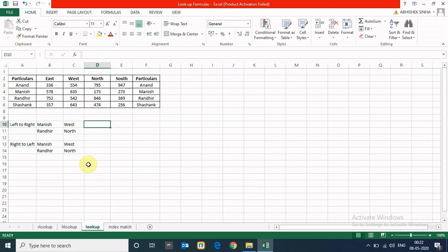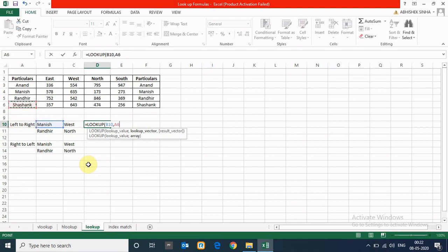So let's do it first from left side. So LOOKUP, what is it asking? Lookup value. So I want to know the Manish performance. So lookup value is Manish. Then lookup vector, then I will select for vector column A. This is the lookup vector, and result vector, I need detail of west region. So west vector is this.